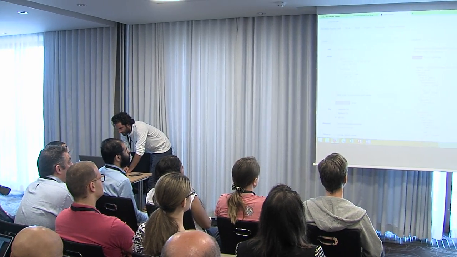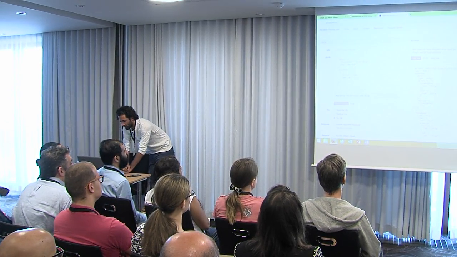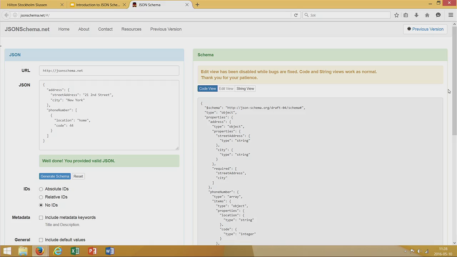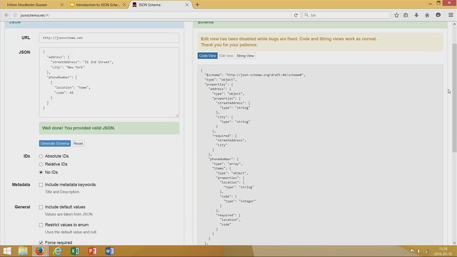So this is kind of a fiddle. You've probably seen this for things like JavaScript, HTML, CSS kind of things. So it's a fiddle where you can provide some JSON. You can provide a schema. You can resolve some references. You can click around. It will actually generate what it thinks is a schema for what you're trying to go for. And then you can validate stuff against it. It's kind of nice to play around a little bit in here. I don't know which actual implementation of the validator this is using on the back end, but I would assume it's the JavaScript validator, which is also fairly good.